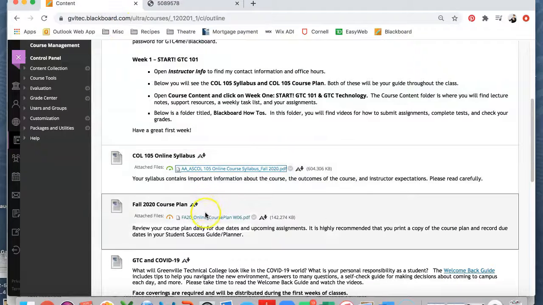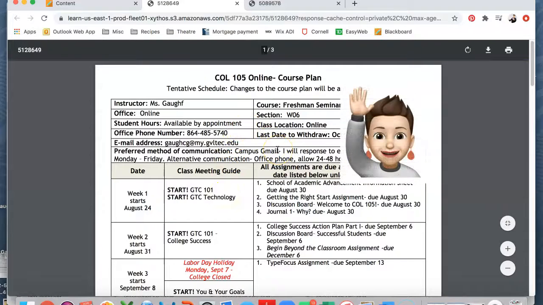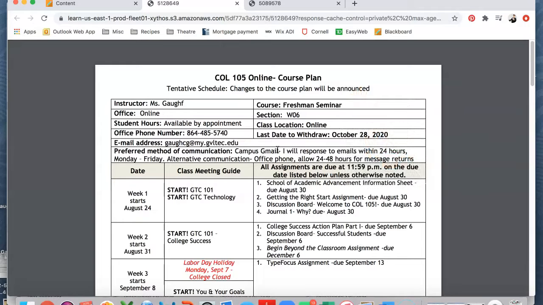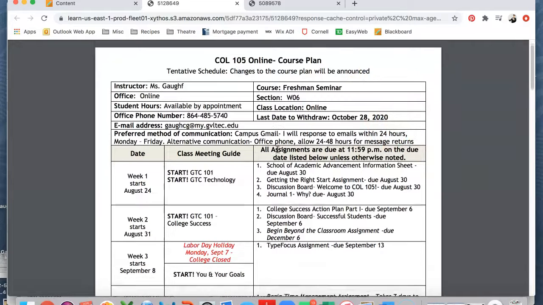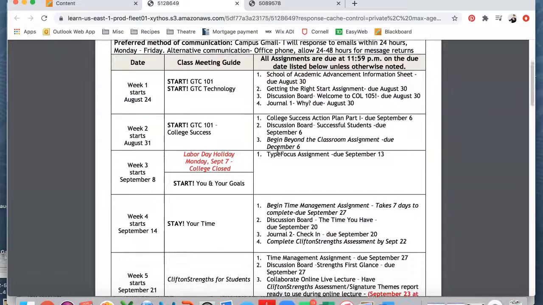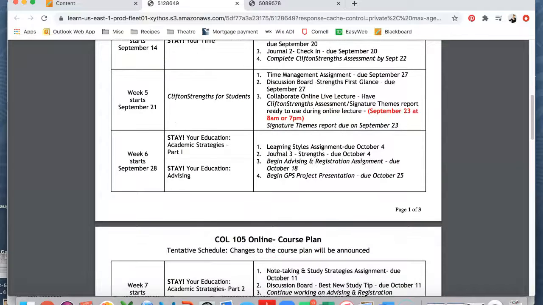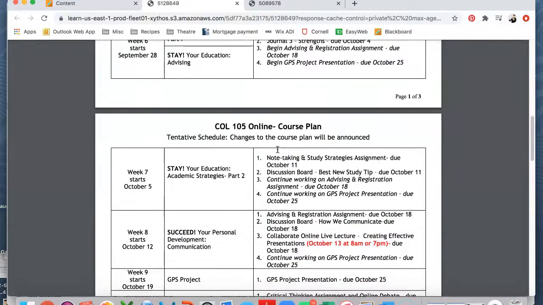Okay, back to the course plan, the most important thing you need to look at. This is going to tell you everything that is due the whole semester. So you know right now, you can go ahead and write it on a calendar. No surprises. I recommend putting this on a calendar with all your other assignments in your other classes, because if